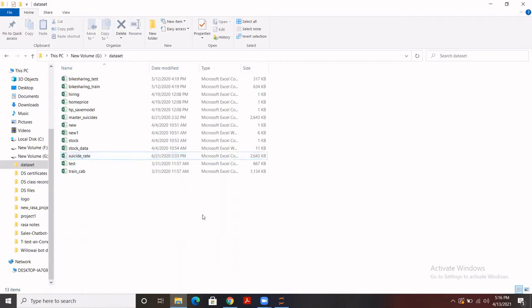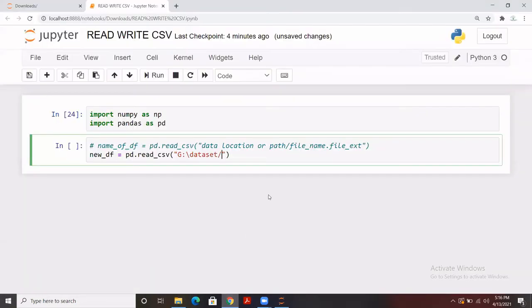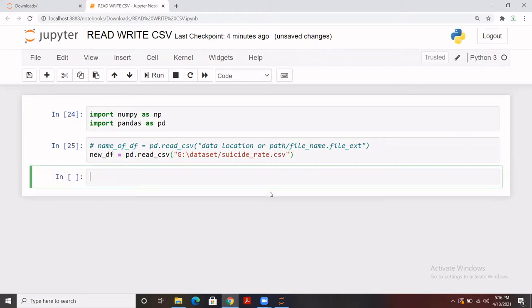I recommend you copy and paste the name, because Python is case sensitive. Sometimes you miss something when writing and you get errors, right? So let's move on, just paste it, then the extension of that file. And what is the extension here? Dot csv. Let me run it. You will see that this particular data has been imported and is stored in new_df.